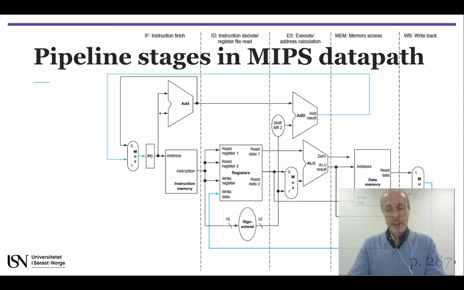We considered 5 pipeline stages in slide number 5, meaning that we will have up to 5 instructions in the pipeline at any given time. Those 5 stages are shown here in the processor data path, and the name of each stage is represented on top, starting with the instruction fetch on the left, followed by the register read and instruction decode, and so on,